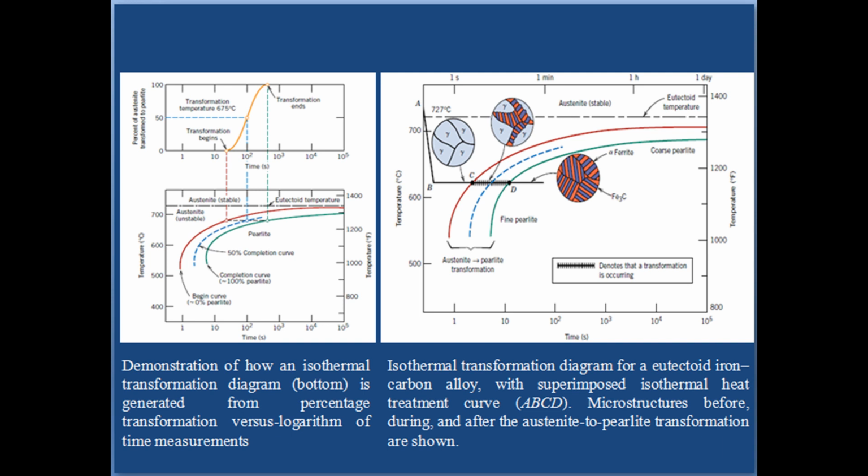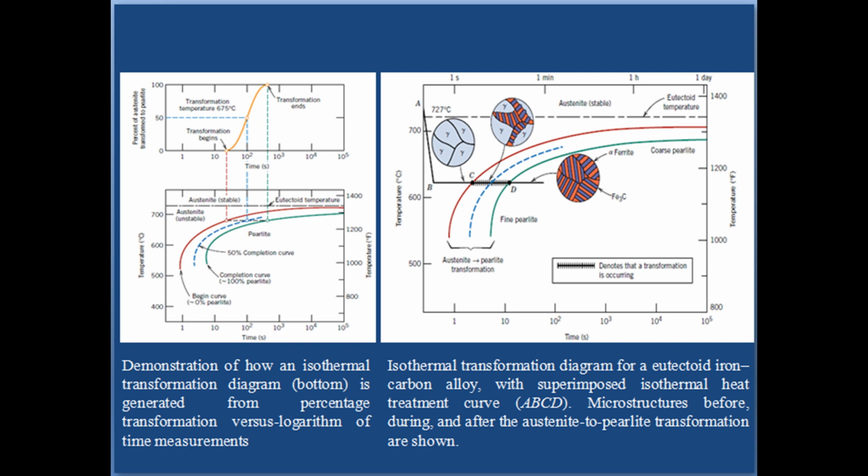The transformation rate increases with decreasing temperature such that at 540° only about 3 seconds is required for the reaction to go to 50% completion. Several constraints are imposed on the use of diagrams like this figure. First, this particular plot is valid only for an iron-carbon alloy of eutectoid composition. For other compositions, the curves have different configurations.